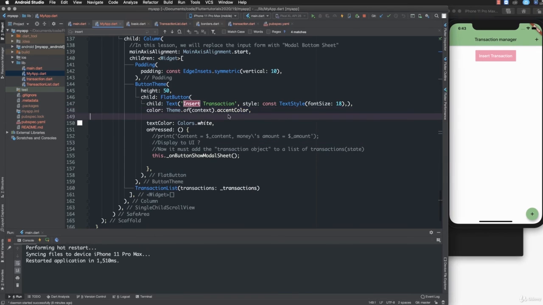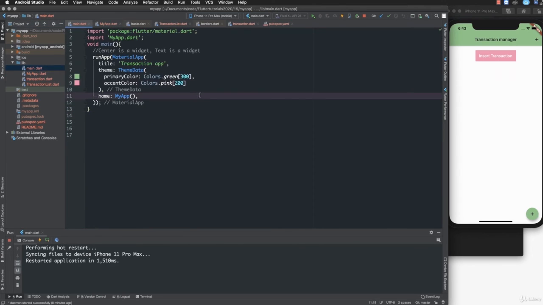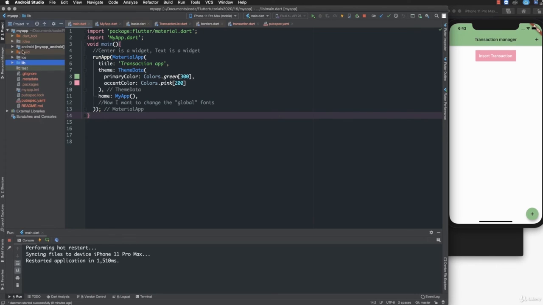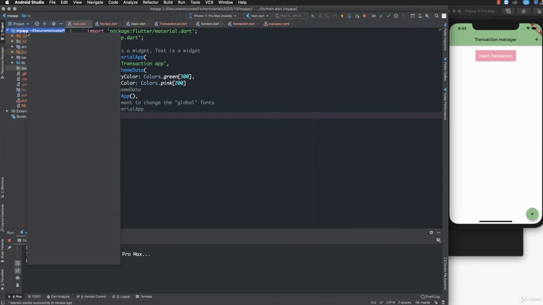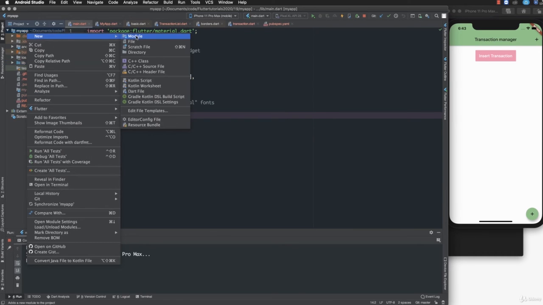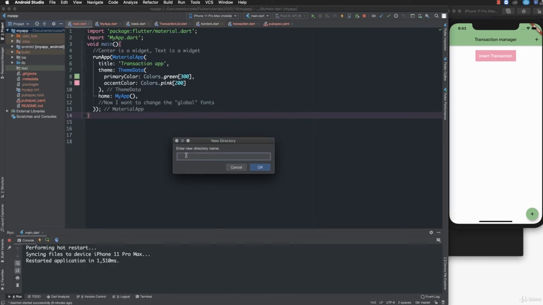So primary, we always use the primary color mainly, and in this case I change... there's not a fight. I want to change the global font size. Yes, you can download the font from somewhere, for example Google Fonts. Google Fonts is good. So you create a new directory,